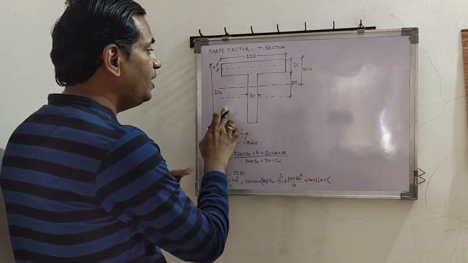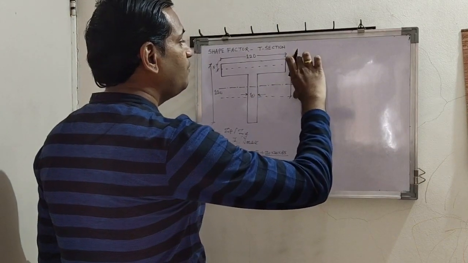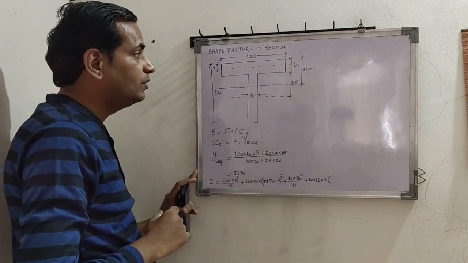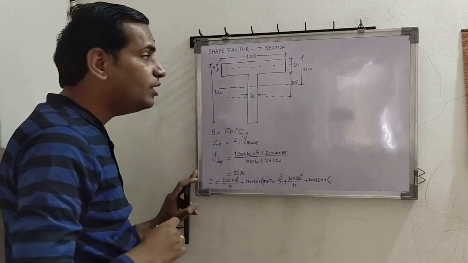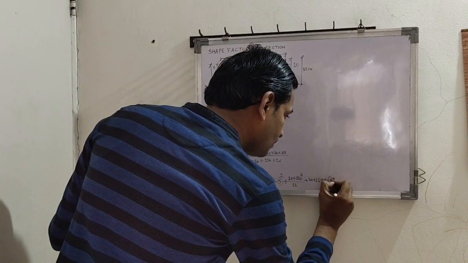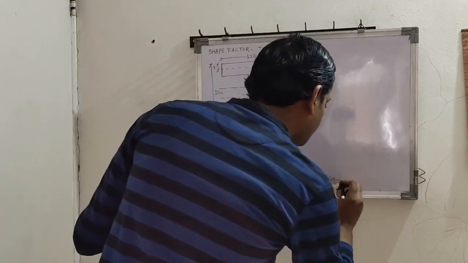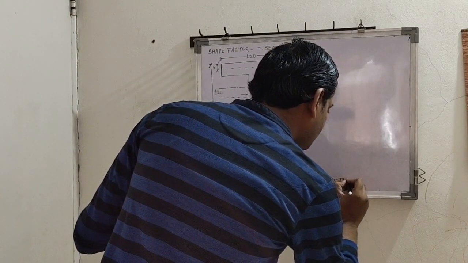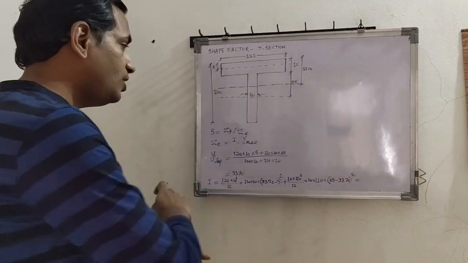Centroid of this second area is at 65 from top. Correct? We have already shown here 65 from top. So 65 minus, you subtract 33.7, square. Okay, so this is I value for